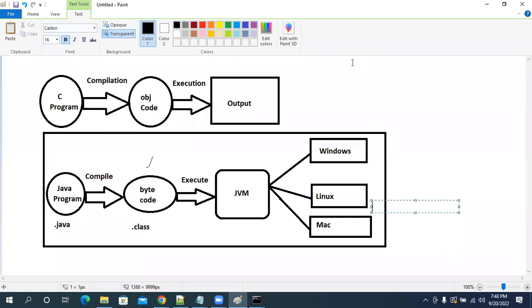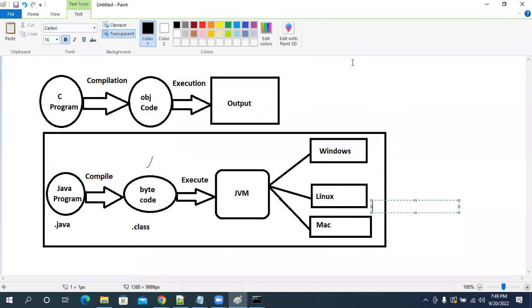To reduce that time in the JVM, they added a concept called JIT, just in time. By using that JIT, Java programs will run in a quick manner. We'll come to that part in the JVM architecture. To speed up the execution process, they added JIT.